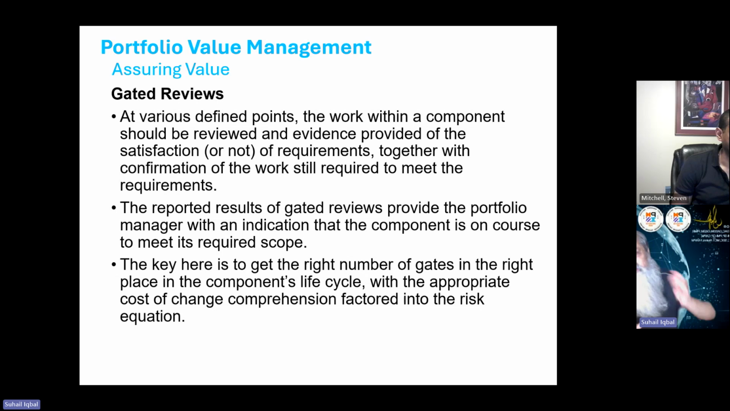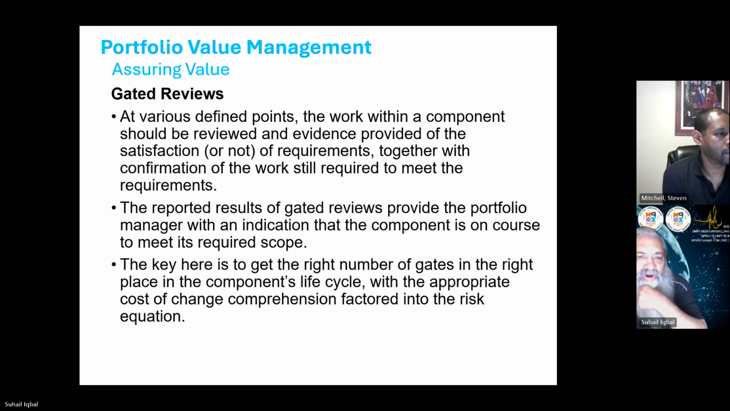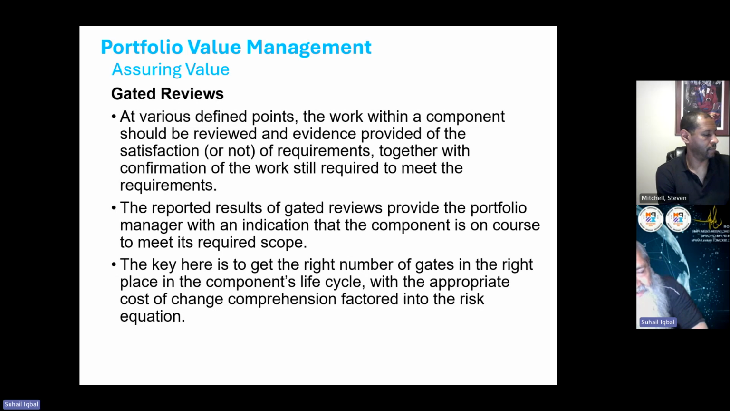If that all is agreed, only then are you allowed to pass the gated review, together with the confirmation of the work still required to meet the requirement. The reported results of gated review provide the portfolio manager with an indication that the component is on course to meet its required scope. So gated review basically tells me, like, if I have a gated review on, kind of,